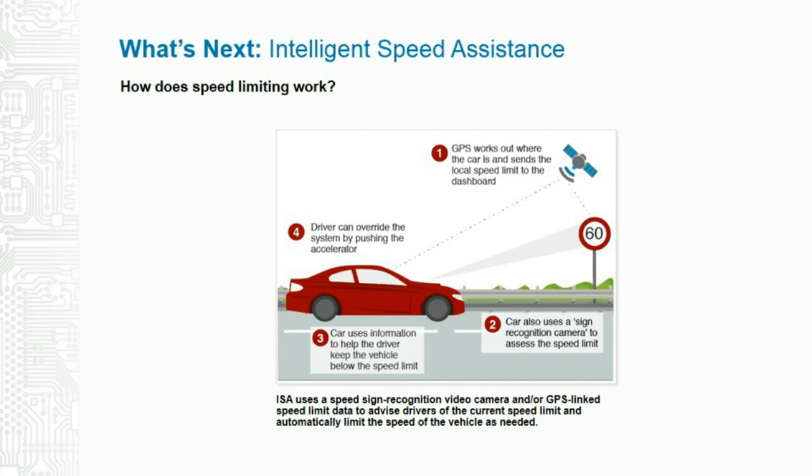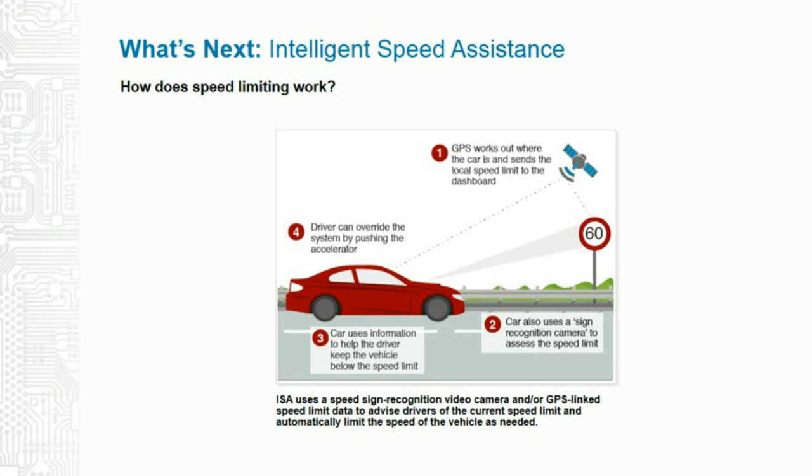Okay. Intelligent speed alert. This depends upon, in most cases, GPS and your navigation system, which now are generally good enough to know what the speed should be. And in some cars, even current model cars, when you're driving along, it'll flash the speed limit on the general display in front of you. And in most cases, that's all that it does. It gives you an idea of what's to happen.